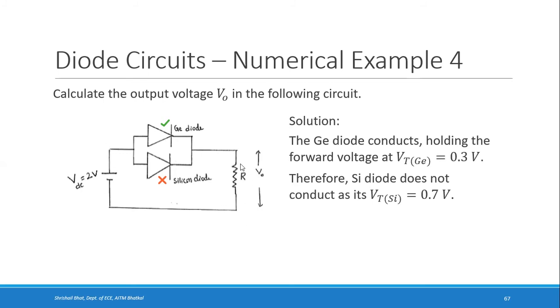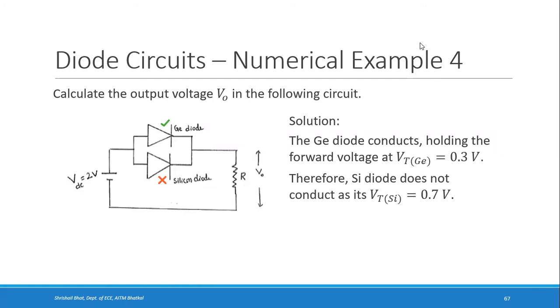What is the voltage across the resistance R, or the voltage from here to here? The applied voltage is VDC, that is 2 volts. And what is the voltage drop here on this path? It is 0.3 volts, because only one diode, that is germanium diode, is conducting. Its voltage is 0.3 volts. So what will be the remaining voltage that will appear across this resistance R, and that is the output voltage. Okay, so output voltage V0 is VDC minus the voltage drop across, or the threshold voltage of germanium, right?